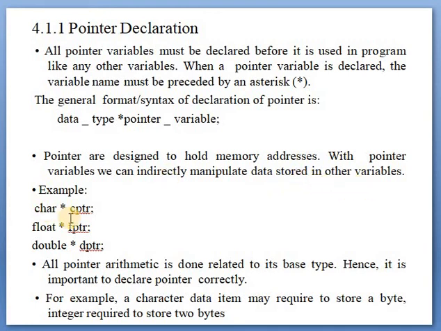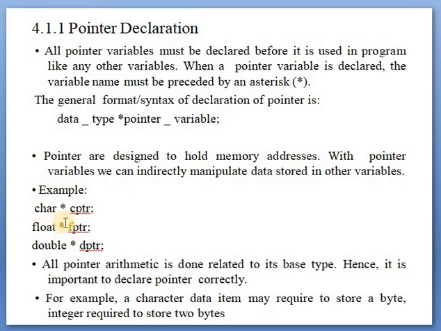So here are some examples of the pointer declaration. char star CPTR, that is a C pointer. Now see here, this CPTR is the pointer variable, and in that variable we can store the address of a character type of variable, only the address of a character type of variable.